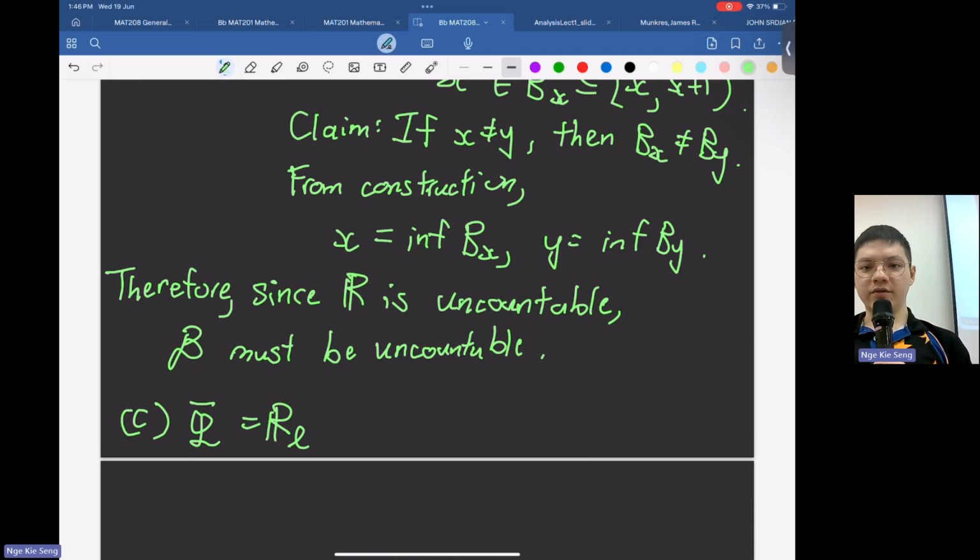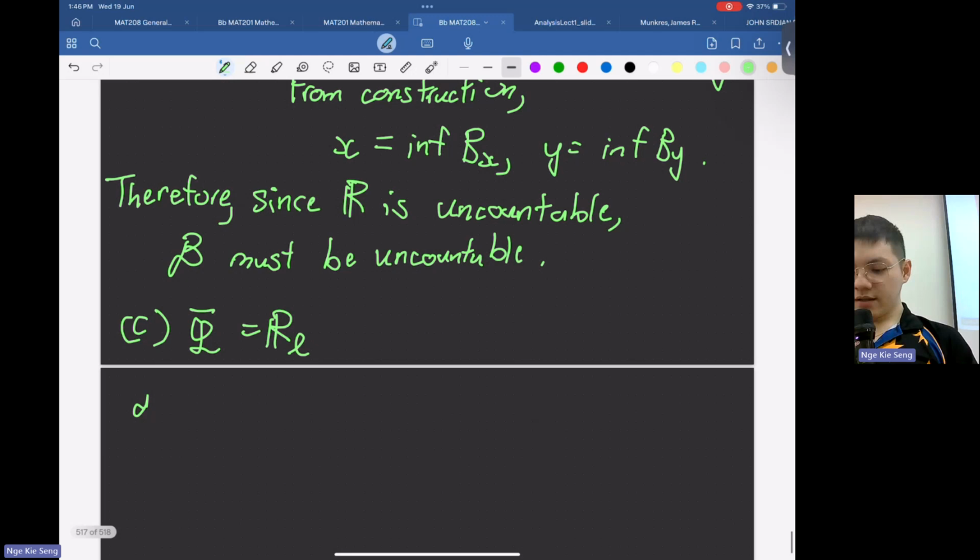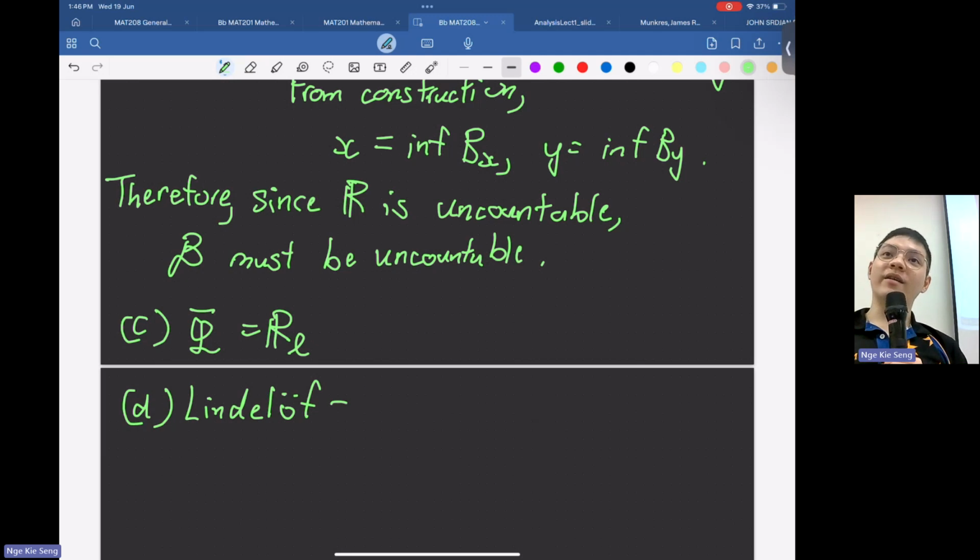Lastly, you also can show that it is Lindelöf. What does Lindelöf mean? R_L is not compact, right? But it's Lindelöf, meaning that every open covering of R_L has a countable sub-collection. It's not compact, so you cannot find a finite sub-collection, but you need to hope for a countable sub-collection here. But you can reduce it to show that,